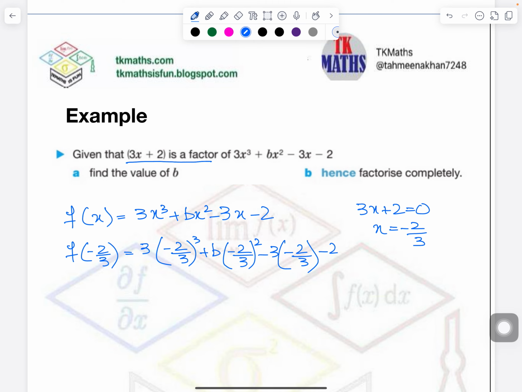And remainder should come 0 because it is a factor, it is given to you. So I'm replacing this whole thing by 0 because this gives us remainder. And after that we will solve very carefully to avoid any mistake. So it will be